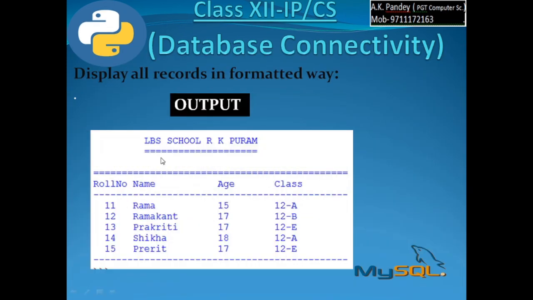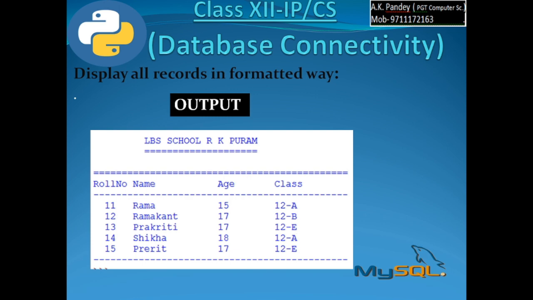You can see the output, roll number center aligned, name left aligned and age left aligned. And here in the age column I had taken 10 characters, so 3 characters plus 7 spaces are left here in between. So class has 5 characters, so under this it is left aligned, 5 characters are being displayed. So this is the output being displayed.